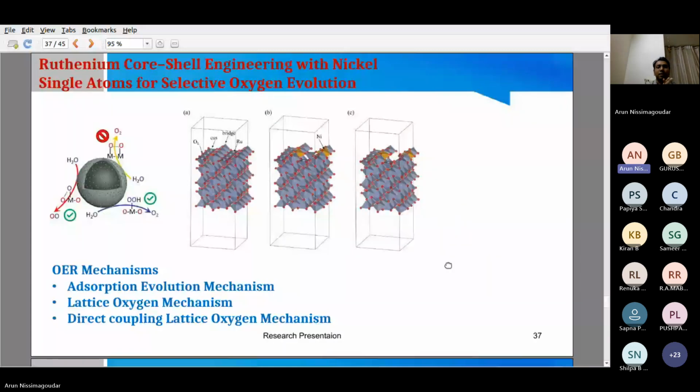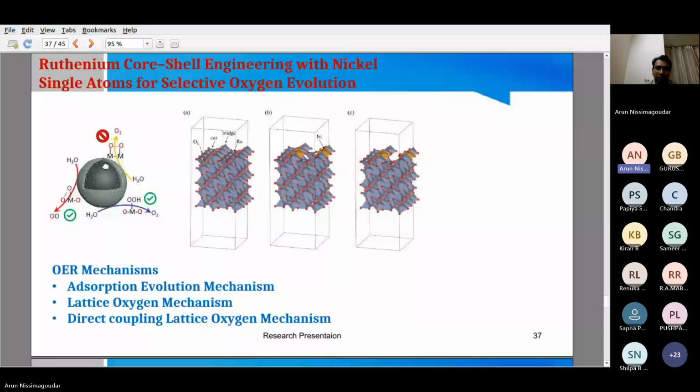Here we studied a ruthenium core shell. This is our study where it's a quantum core. You can consider it as a quantum dot, made of ruthenium. Here we try to understand its OER mechanism, whether it is good or how we can improve its